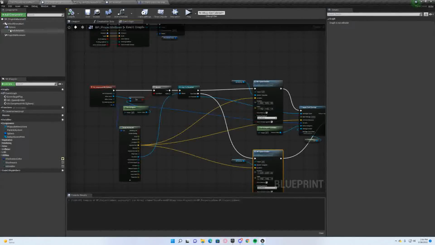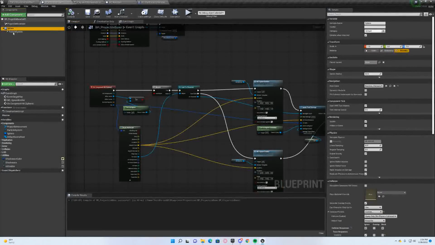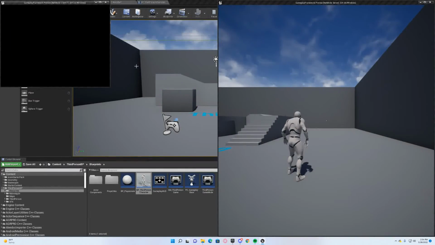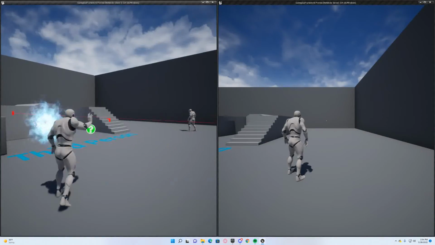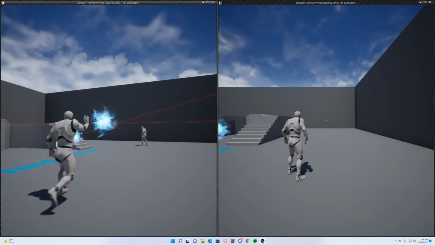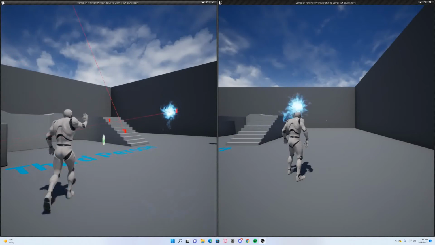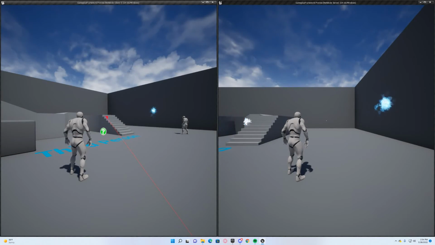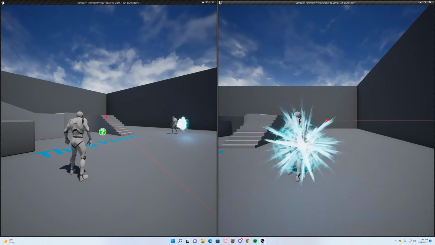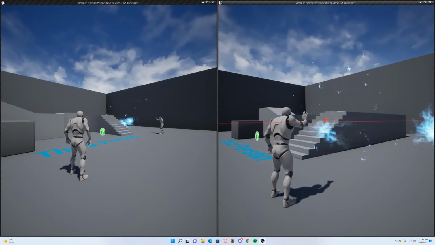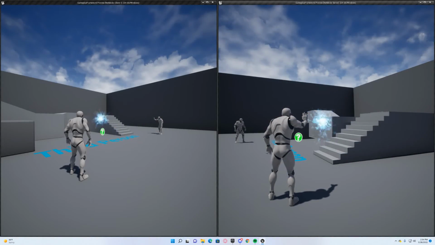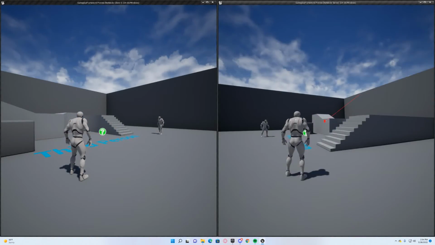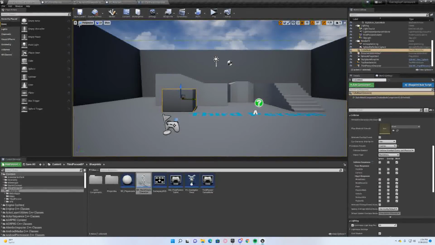Very, very interesting. Let's try one thing. Let's make the sphere the scene root. Okay, let's try it. Let's try this from the client. Okay, the client is hitting and destroying things. But the server, there we go. Alright, for some reason it not being the scene root was the cause of it,